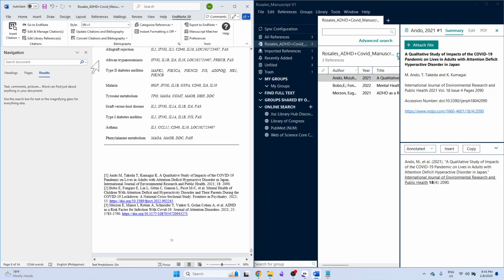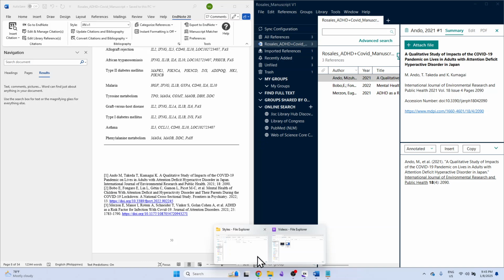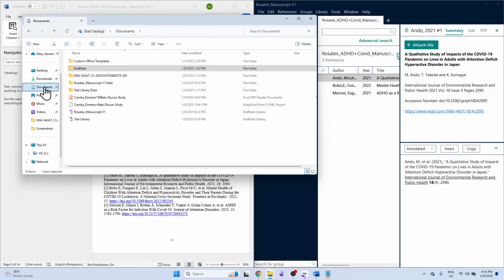Okay, so after saving this, so just save the manuscript, and then you can just send this manuscript to us. Okay, aside from this manuscript, I recommend sending the file for the format style. Okay, so you can actually find that in the documents or wherever you install the EndNote program.